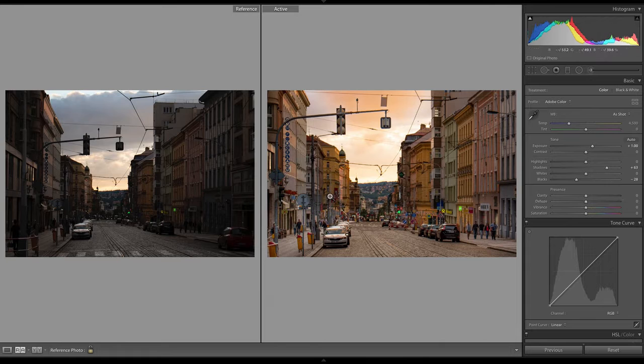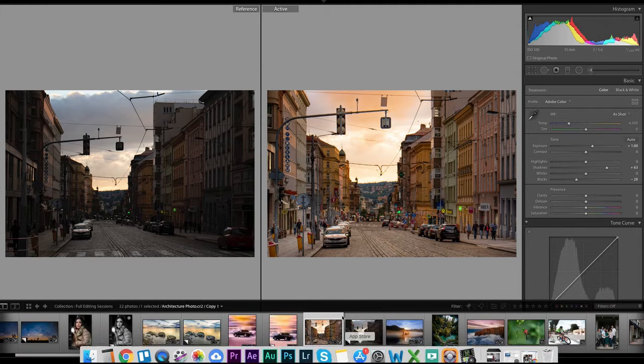In this one, we're using this architecture shot, kind of like a street photo of this nice street, going from this photo on the left to this photo on the right. We're going to walk through all of the steps, which include some cool tools right within Lightroom, like the upright tool, some split toning, and a lot of brushes to make this look like this.